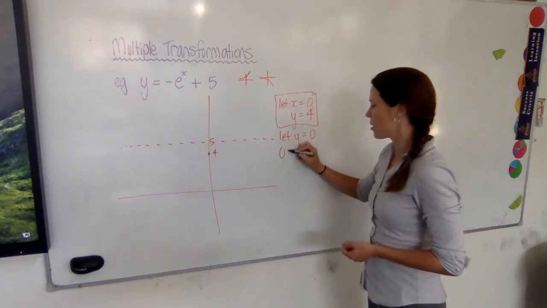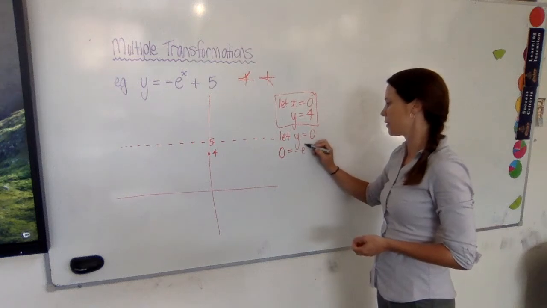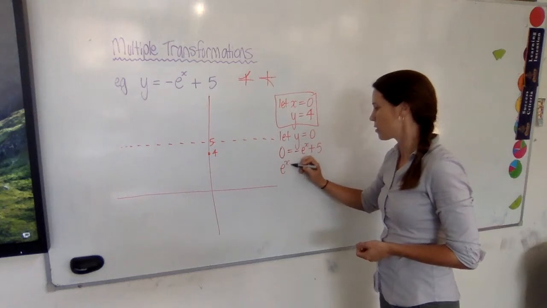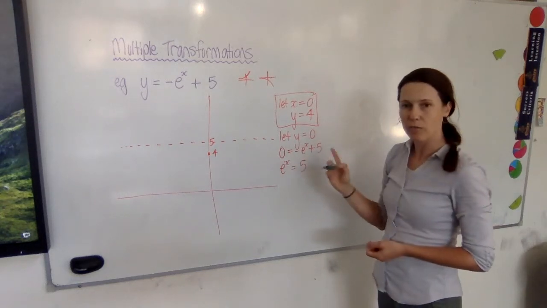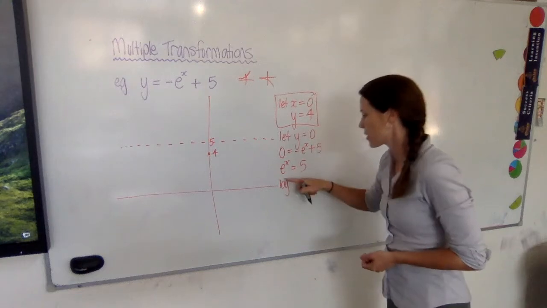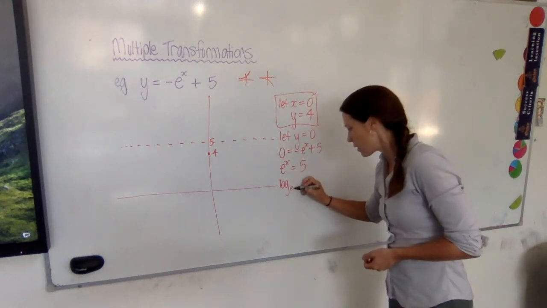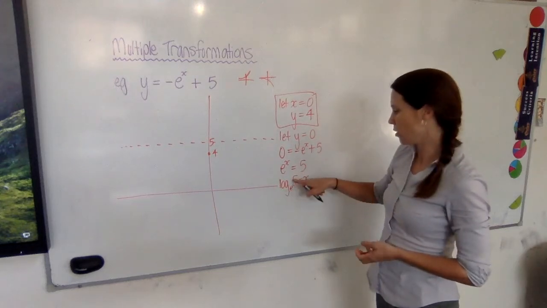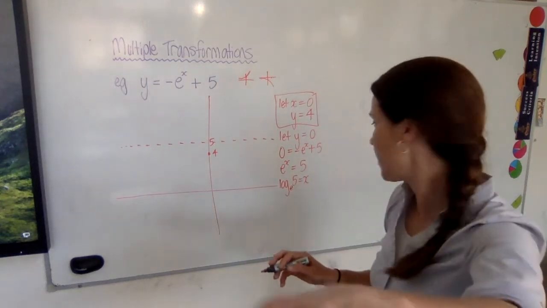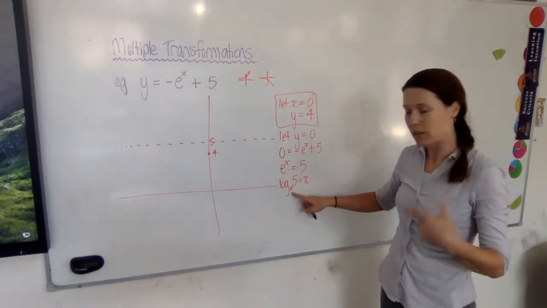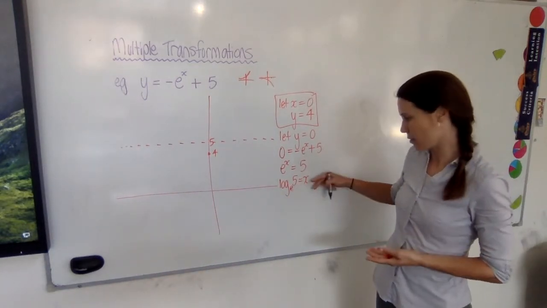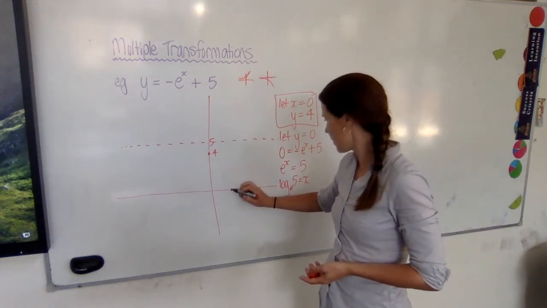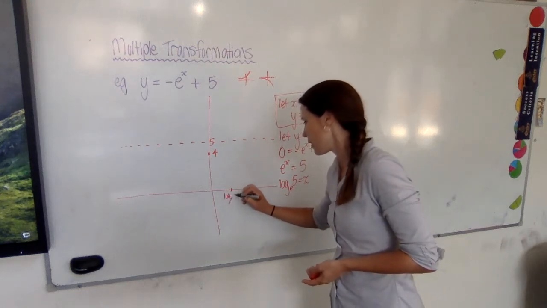We need to rewrite the equation with 0 for y. Now here we can add e to the power of x to both sides. And now we need to rewrite this as log. So remember we're saying e to the power of x is 5. So x is equal to the log of 5 with a base of e. Now thinking through what that number is, e is around 2.7, so 2.7 to the power of something being 5, we can get our scale and just put it roughly in around about here and just label it log e 5,